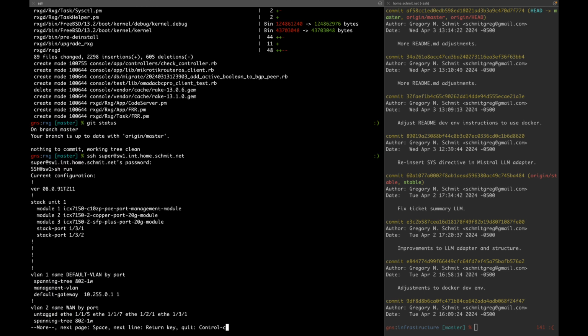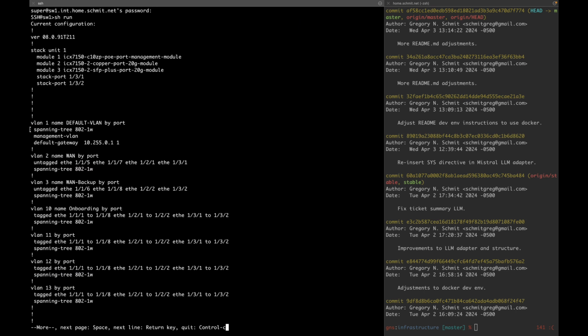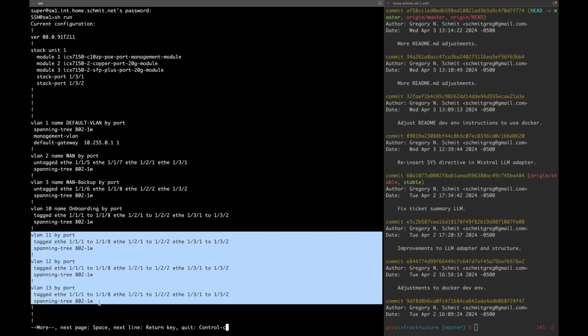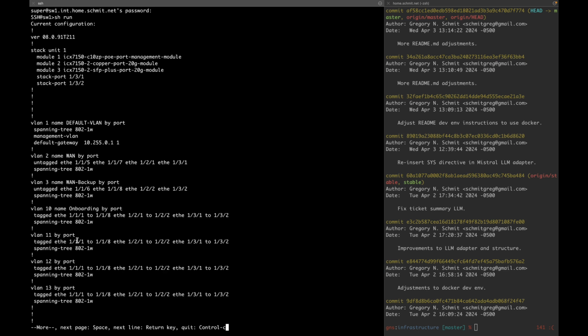and so if we show the running configuration, we can see that we have some VLANs that I'm using for some particular purposes, but I've got VLANs 11, 12, and 13 that I know to be free and available for this purpose. And you can see that I have those tagged on most of the ports. In fact, this is all of the ports. And so that will allow traffic to get from my access point all the way to my gateway on